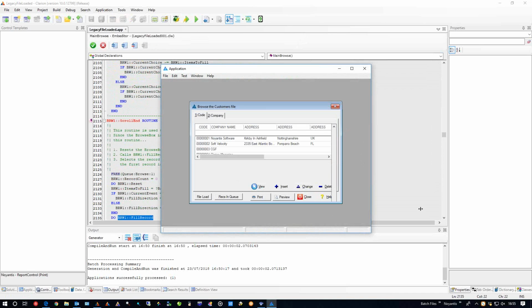Oh, no problem. I was just trying to think if there's another way, because even when I do the browse, you're still going to have that initial hit. You're still going to be loading it into some kind of queue, be it my queue or Clarion's queue. You're still going to be reading them records into a queue, so you're still going to have a delay while they load up. Well, I think that's why their page loaded works so quickly.